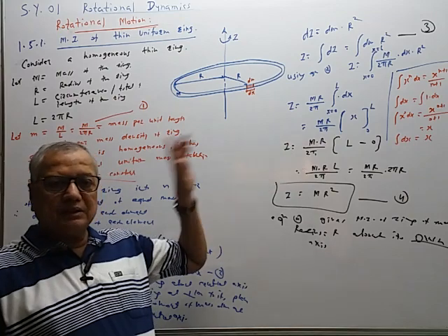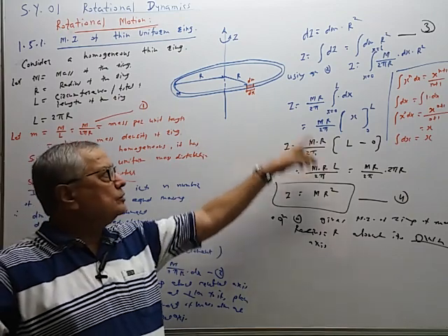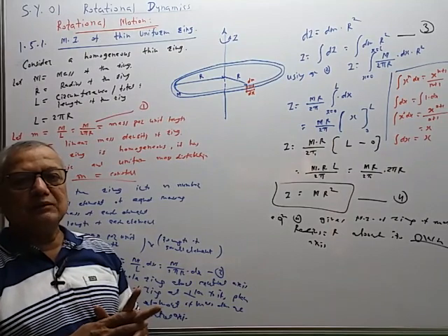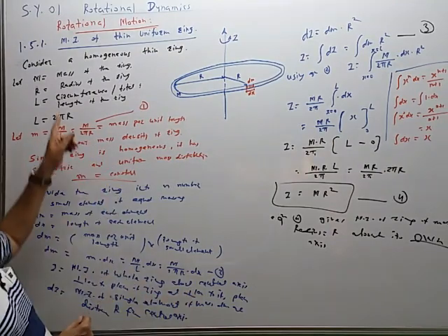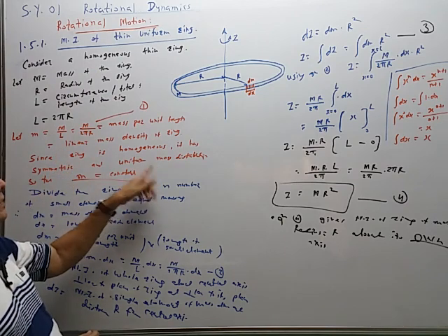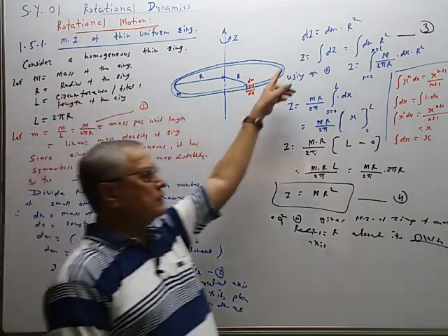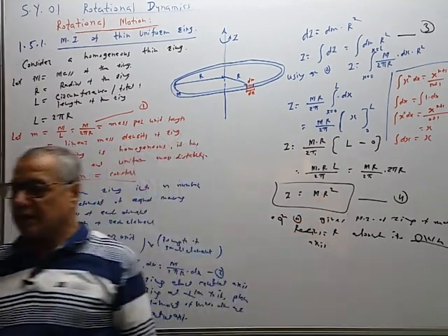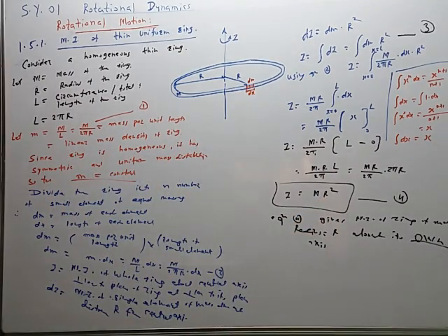The mass distribution is mathematically integrable, and therefore we can use this method. Why is it mathematically integrable? Because the ring we have assumed is homogeneous, it has symmetry, it has uniform mass distribution, and therefore we can use this integration method. Remember the procedure we used. First we found mass per unit length, because mass distribution is uniform. So total mass upon total length, that is m upon 2 pi r, is the mass per unit length or linear mass density. It has unit kg per meter.